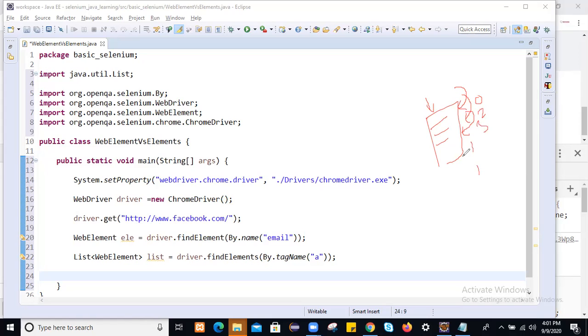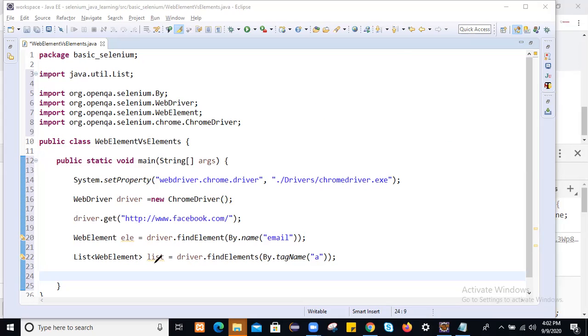Like that, all the objects will be stored index-wise. Second property: the list will hold duplicate objects. If there is a duplicate object, the list will hold it. All the properties of list we will see in the List interface of collections. So we'll go with that.